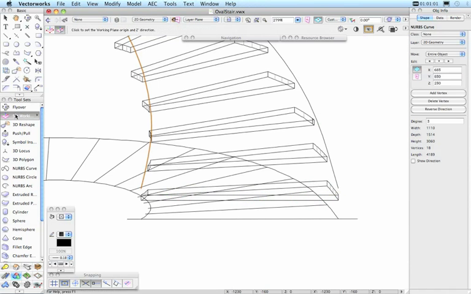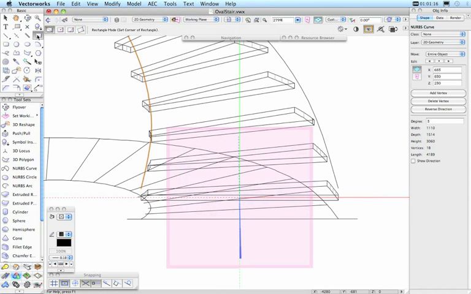So if I take the set working plane tool, I can move it over that face and set the working plane to that face, and you'll see why this is important in a moment. This outline here represents the working plane. So now I could take the rectangle tool and draw a rectangle from that endpoint down here to whatever size it needs to be, and let's say it is